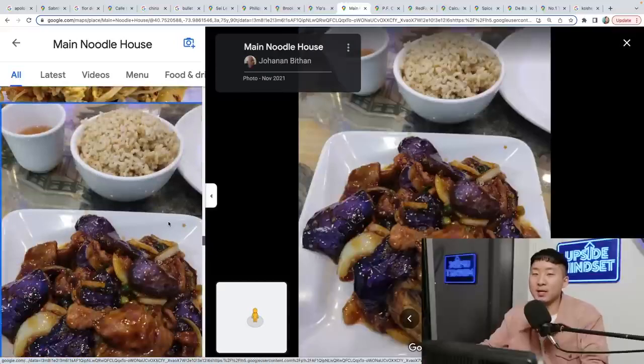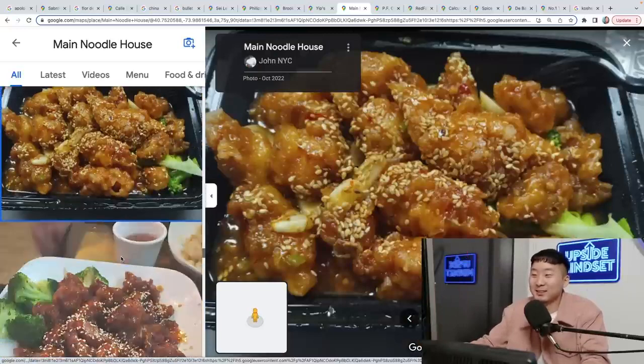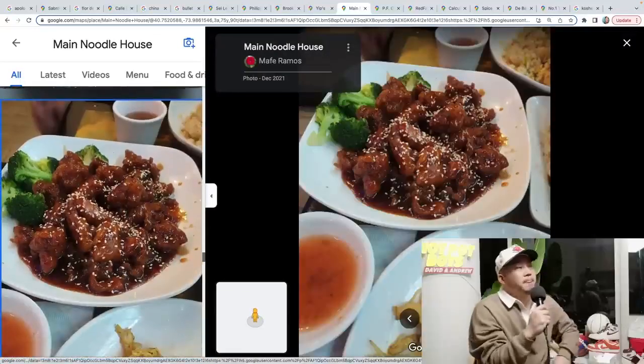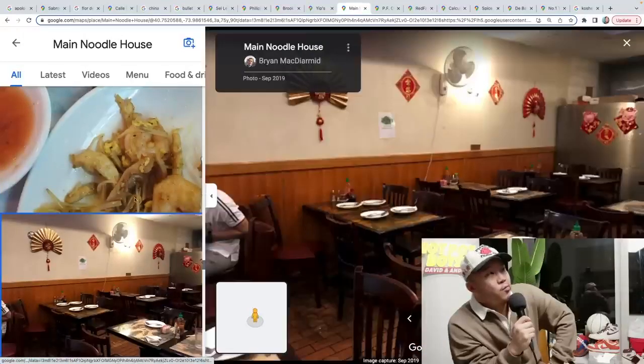I'm not going to lie, I just have a hunch that white people like a lot of cabbage in their stir fry. Well, cabbage is an ingredient that is obviously very native to the British Isles, where a lot of people can trace their ancestry. Look at the amount of sesame seeds they put on top. Yes. All right, so Dave, if you want to go up in price point, of course, we have the premier